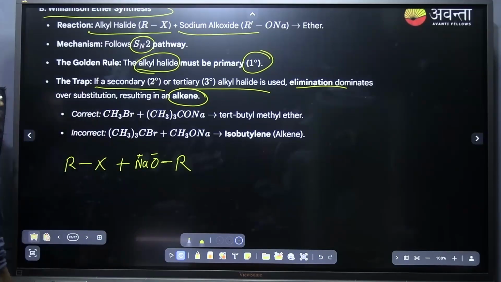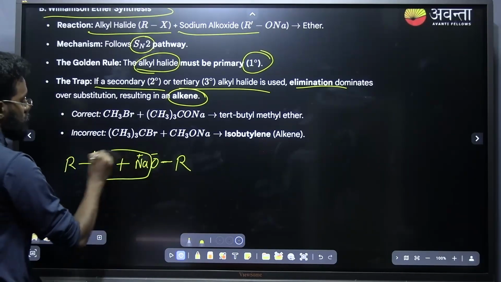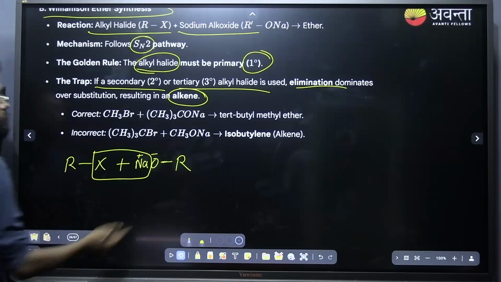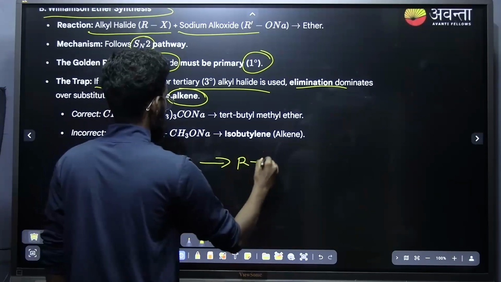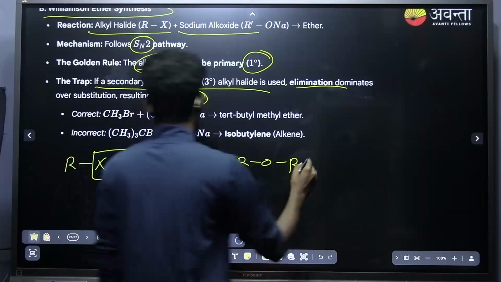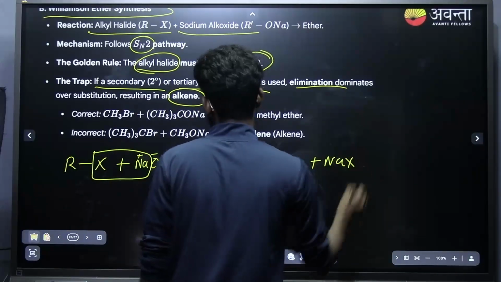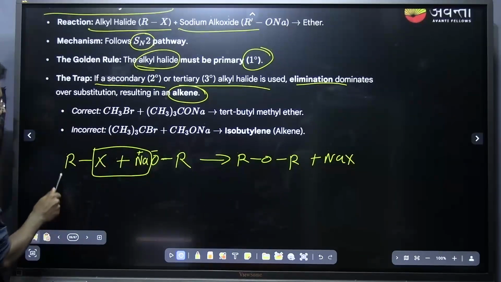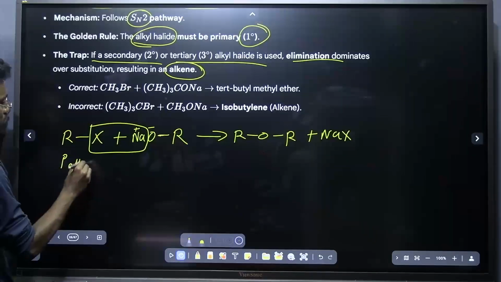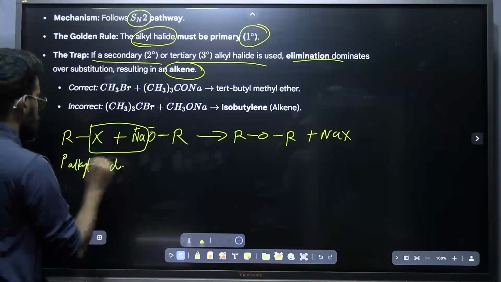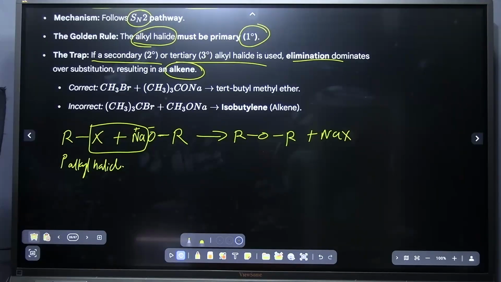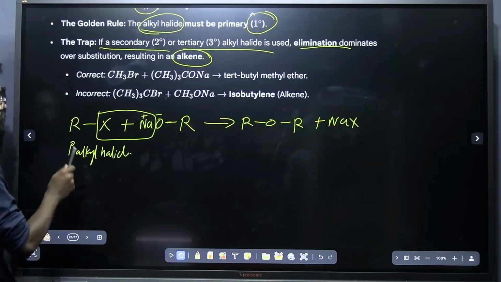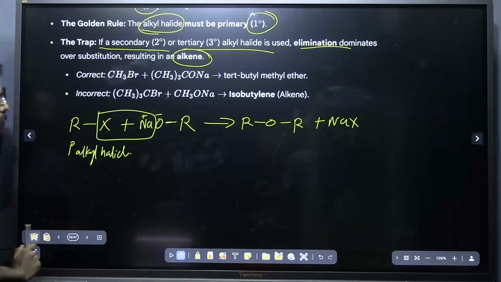This is sodium alkoxide. What is going to happen? NaX will be removed, and RO will combine, resulting in the formation of the ether. And note down, we have to use primary alkyl halide here. Clear? Okay. Now the only condition is we need to keep the alkyl halide as primary alkyl halide, but